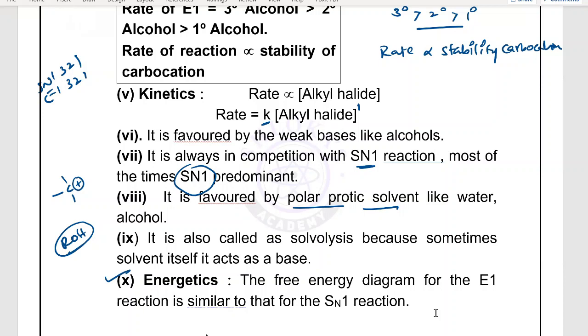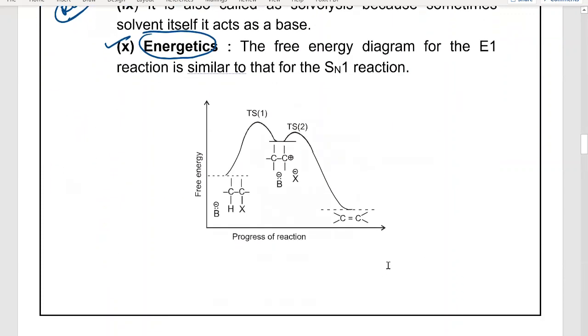And what about the energetics of these two important steps? That can be explained with the help of a graph. What I told, step 1, that means alkyl halide to carbocation. It is a slow step or not? Slow step means the activation energy should be more. This is the activation energy of the first step, right? And this is the activation energy of the second step, which is very less. That is why it is taking place very fast. This is the second step, fast reaction.